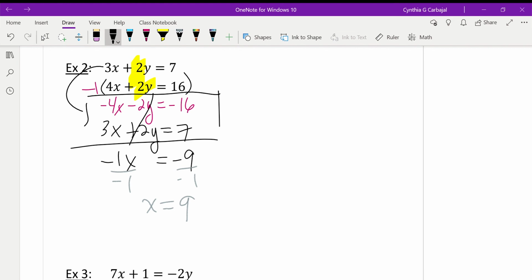I would go until all the multiples of 3 and all the multiples of 4, and I would pick the one that they have that match. Well, obviously that's going to be 12, okay? Right? 3 times 4 is 12, and 4 times 3 is 12. So in order for us to get 12, I have to get the top part here, the top equation. I'm going to have to multiply it by 4, and the bottom one, I'm going to have to multiply everything